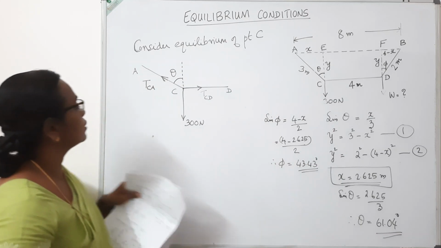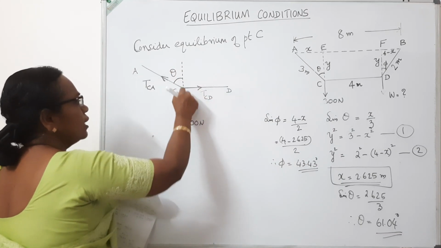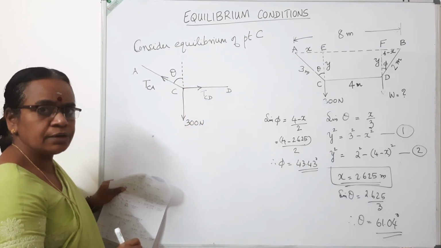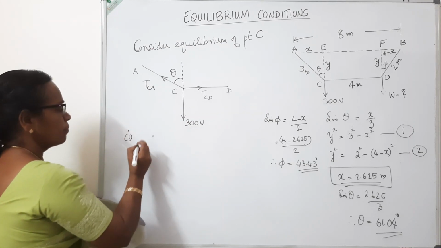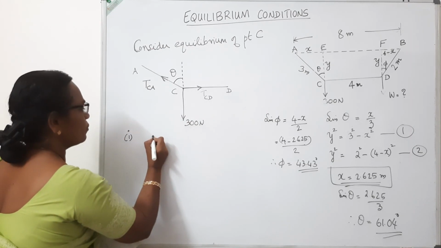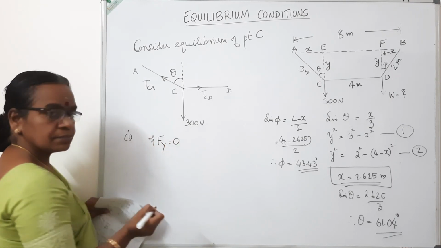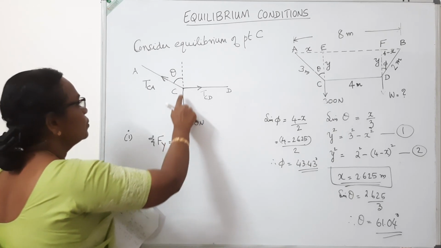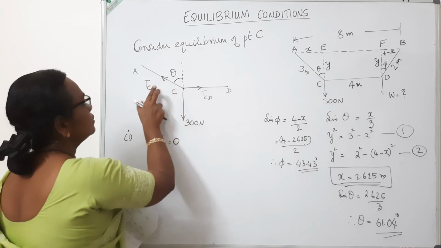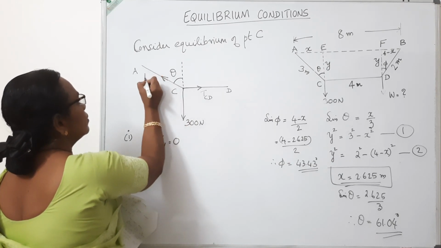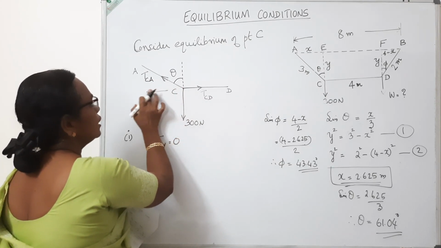Now coming to this joint, this angle is known now. TCD, TCA, 300. Three forces are acting at the joint. One way of solving is, first method, I will use equilibrium equations. I will use first sigma Fy is equal to 0. By using sigma Fy is equal to 0, this force 300 is acting downward. This TCA can be resolved into two components, isn't it? We have studied how to resolve it.